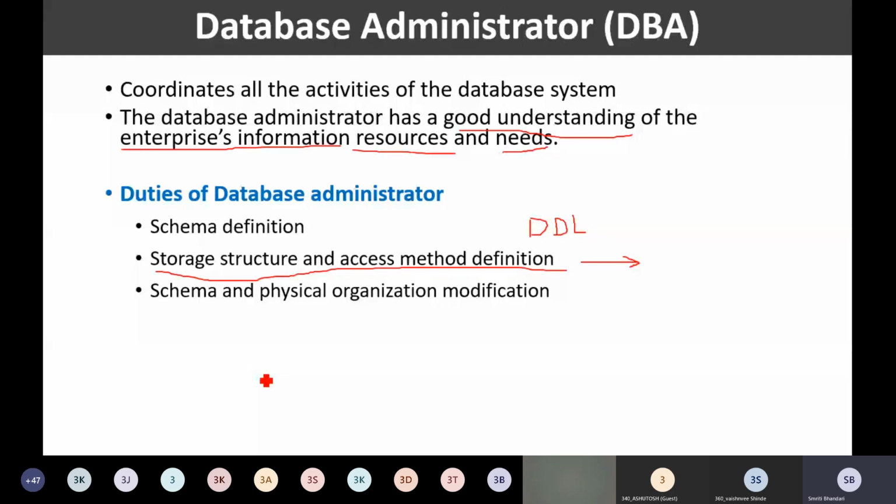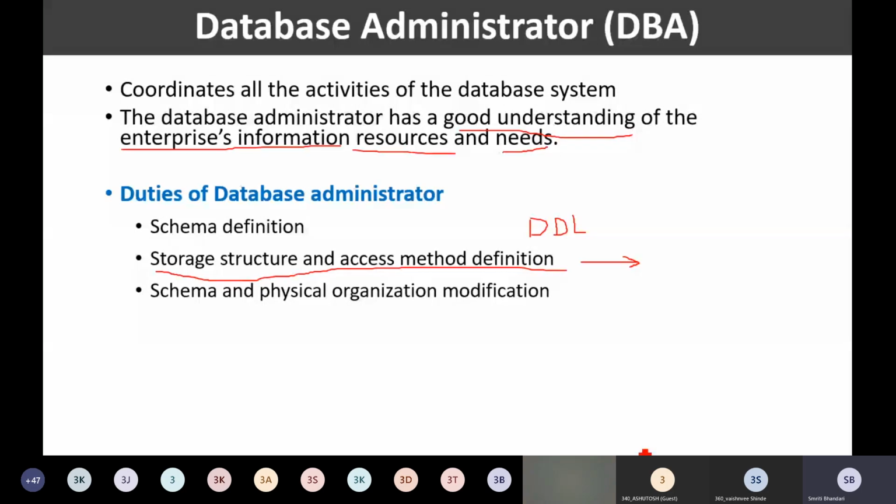Sometimes new requirements are being generated by the organization. Say for example, we are talking about the university schema, and let us assume that apart from engineering, now we have started some other programs other than engineering. So that was not included in my database earlier.